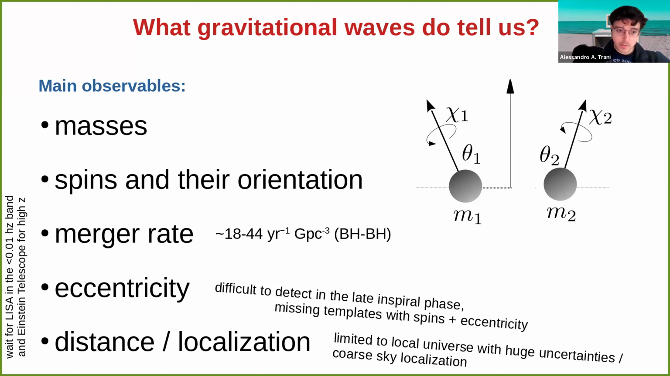And the third, the final aspect, is that the distance and localization at the moment is not great with only 3 detectors. We are limited to, let's say, up to 1.5 redshift. So we're limited to observing gravitational waves in the local universe with very large uncertainties. And the sky localization is quite poor because of having only 3 detectors, when Virgo can detect, and most of the time just the 2 LIGO ones. So it's quite difficult to